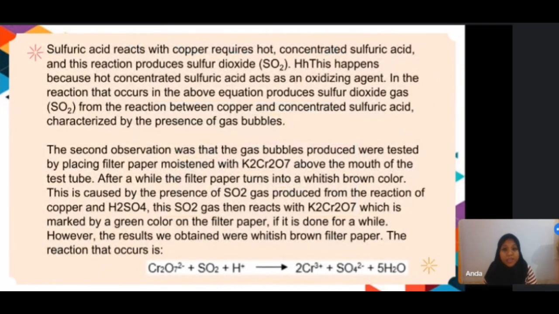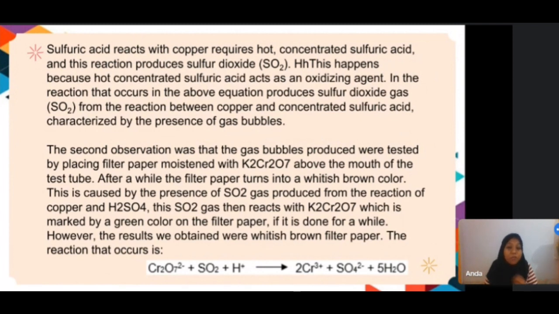Sulfuric acid reacting with copper produces hot concentrated sulfuric acid, and this reaction produces sulfur dioxide, SO2. This happens because hot concentrated sulfuric acid acts as an oxidizing agent in the reaction that occurs in the both aqueous, produces sulfur dioxide gas, SO2, from the reaction between copper and concentrated sulfuric acid and is characterized by